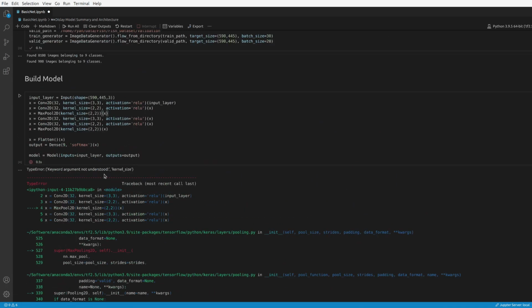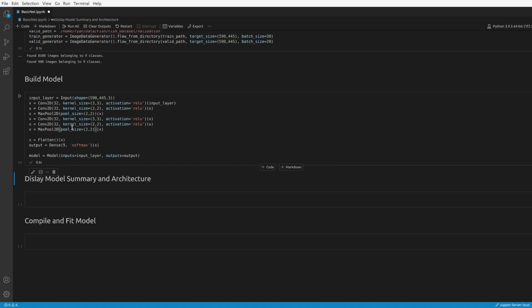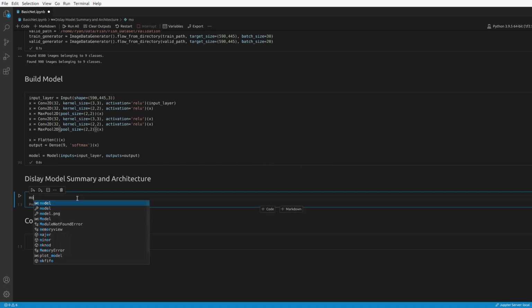So kernel size for max pooling. Max pooling is supposed to take pool size, not kernel size. So that's the great thing about using a Python notebook here, is we can just do that, and we are good. So now we're going to do model.summary,